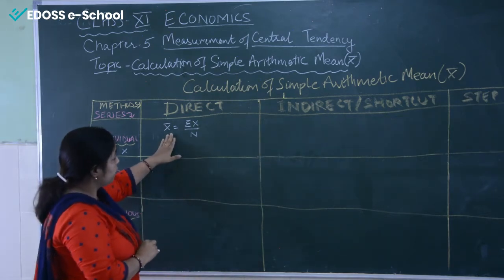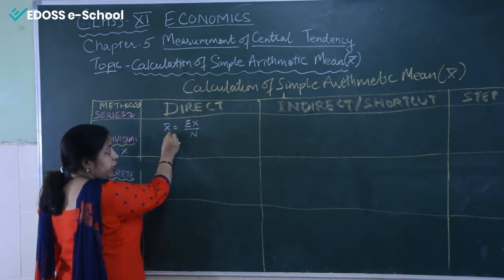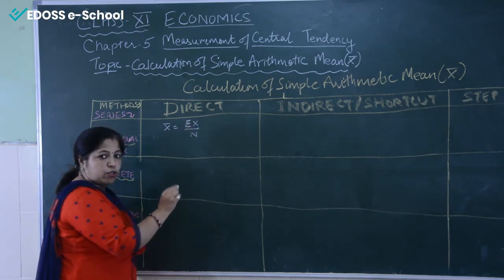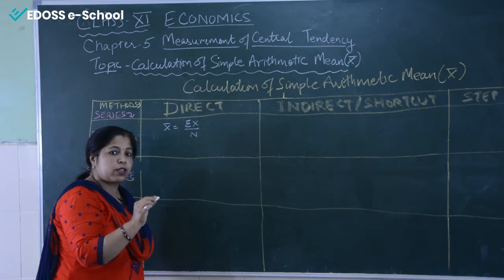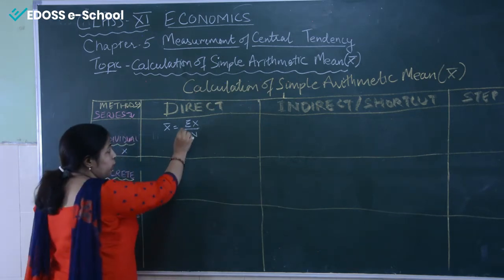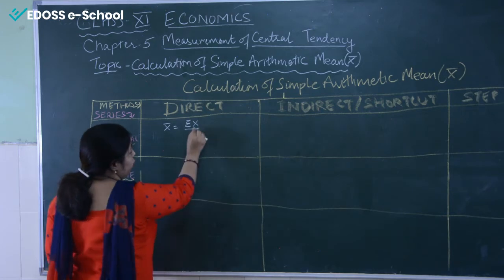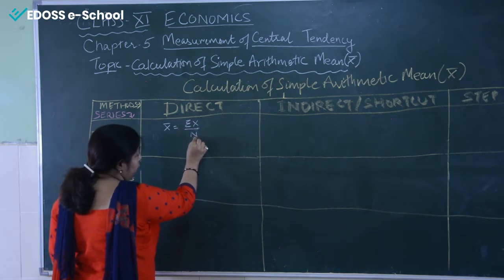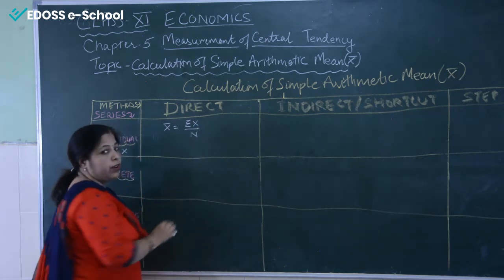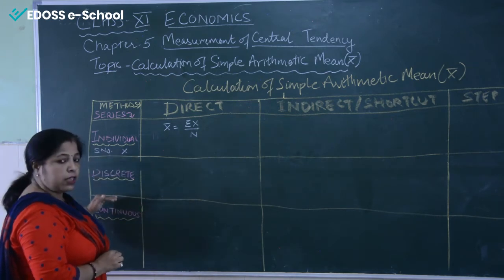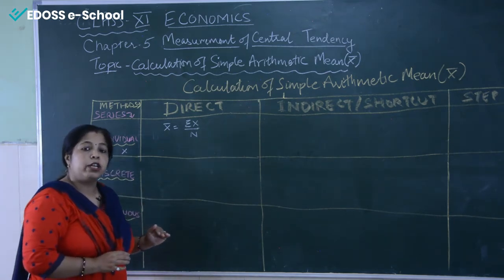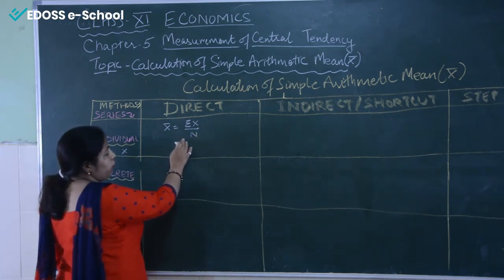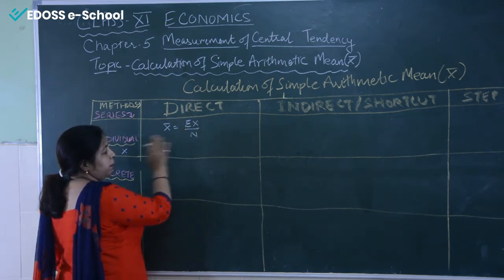Now here, pay attention. Here it is x bar, mean. Here it is summation. Summation sign is the sigma sign. It is known as summation. And the meaning of this is total. We are going to total it up. And what we are going to total? We are going to total the values of x, the x series. And upon n we have done. N means number of items, and number of items are the serial numbers. Suppose we have got data of 10 numbers, so n will be 10. So this is the formula to calculate mean in the direct method.